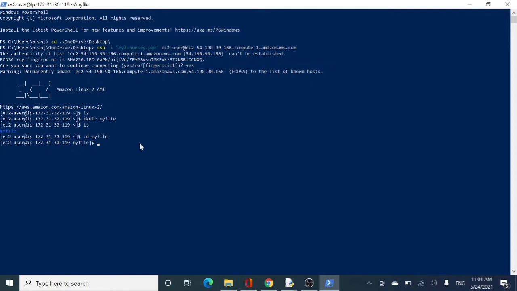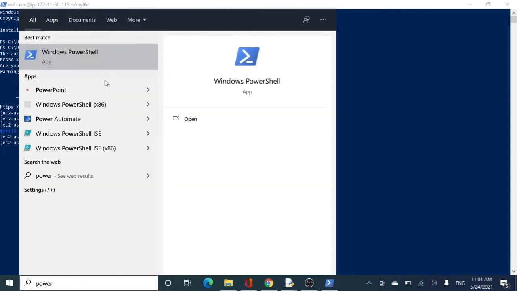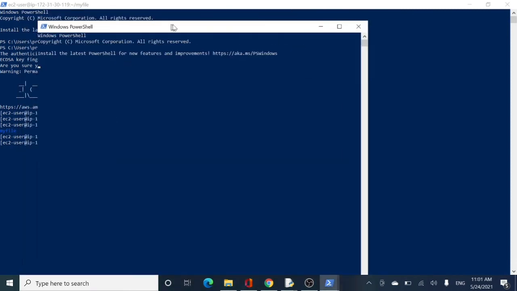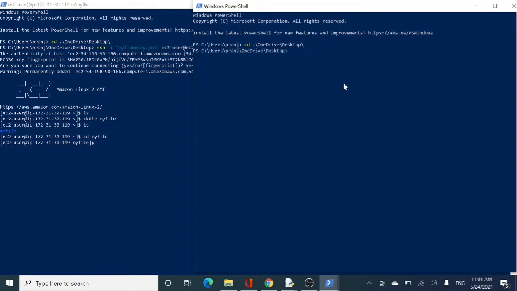I shall be repeating those particular steps again, right? So open up a new PowerShell. As up till now you have done that much hands-on on EC2 instance, you will be perfectly knowing that this is my EC2 instance and this particular PowerShell belongs to my local host. This is OneDrive desktop, because here I have my key. So I have just gone to that particular path.